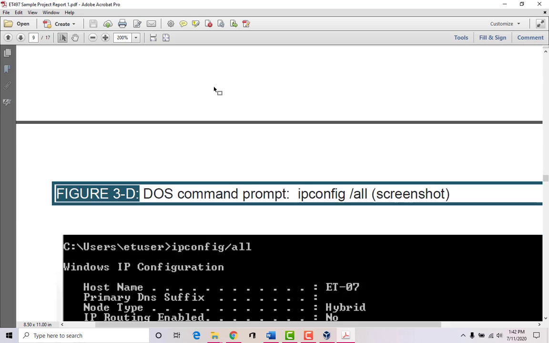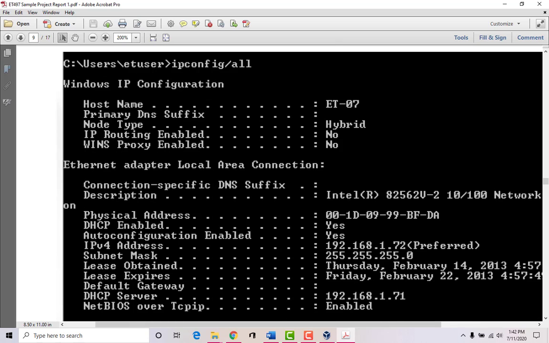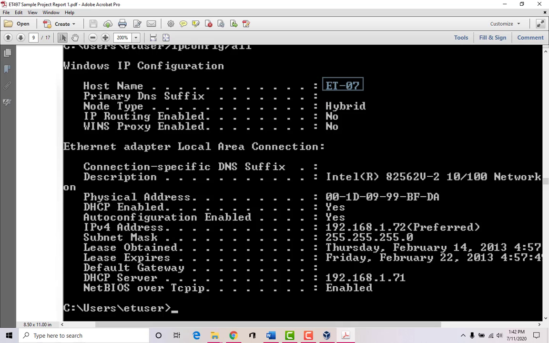Super useful tool. Here's another one that can give you really good information, and this one right here is ipconfig /all. It gives you information about the host name, right, your computer name. It also gives you information about the MAC address of your network card. So this is an Intel network card, and each manufacturer is assigned unique MAC addresses, and this is the MAC address for that network card.